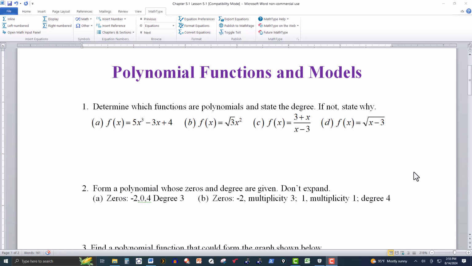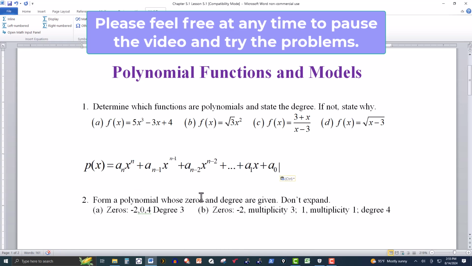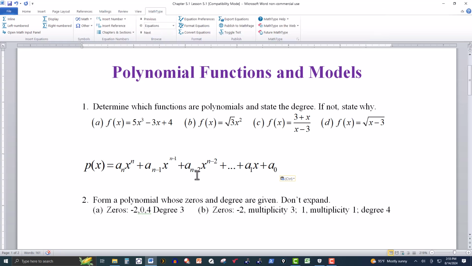In this video, we're going to be looking at some polynomial functions and models. I'm going to go over a quick overview of polynomials. A polynomial has this look right here, where these coefficients a sub n minus 1, a sub n minus 2, and so on are real numbers. We're going to focus on real numbers, but they can be complex or imaginary numbers. And the exponents of these x terms here, n minus 1, n minus 2, and so forth, those are non-negative